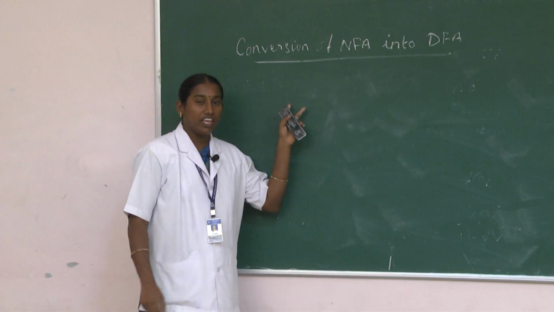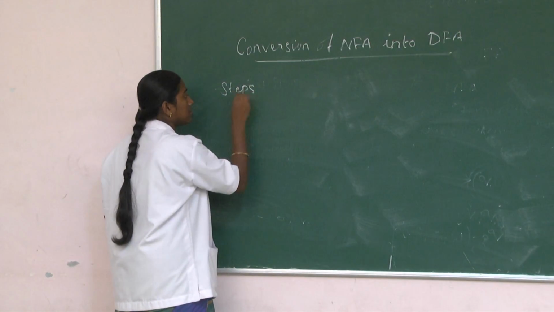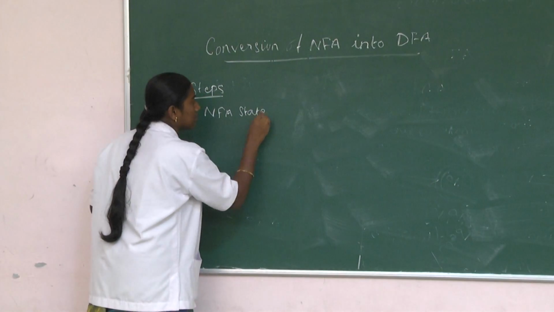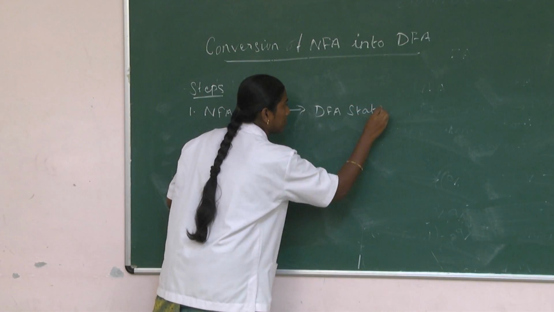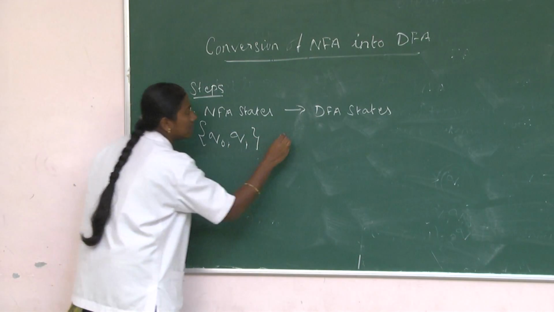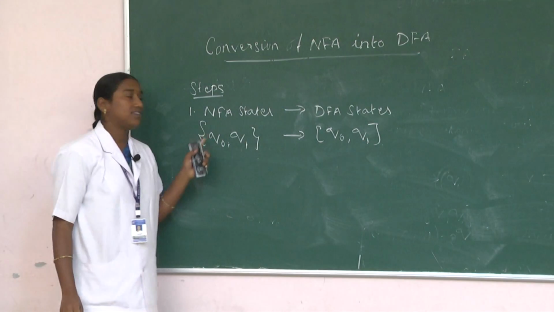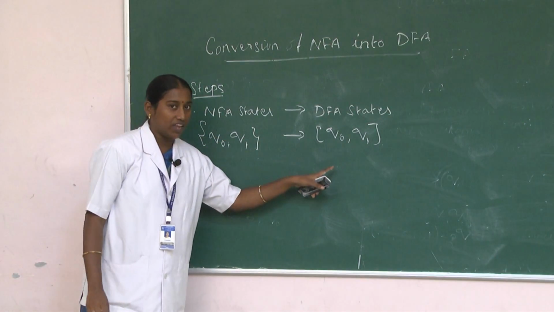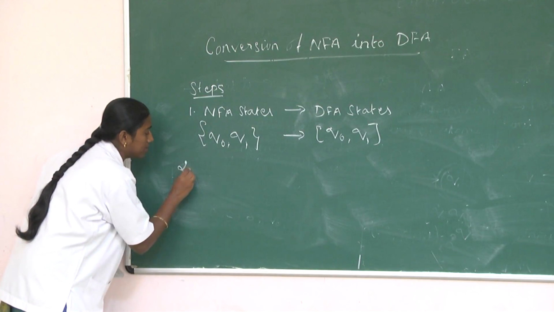This NFA to DFA conversion needs two steps. The first step is NFA states are converted into DFA states. So Q0, Q1 is converted as [Q0, Q1]. The NFA states are represented using a flower bracket. Once after converting into a DFA state, it should be represented in square brackets. The second important step is